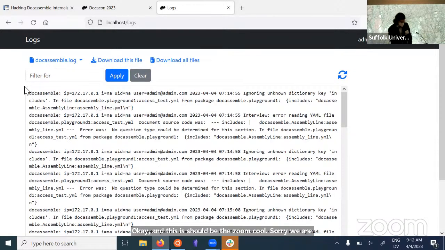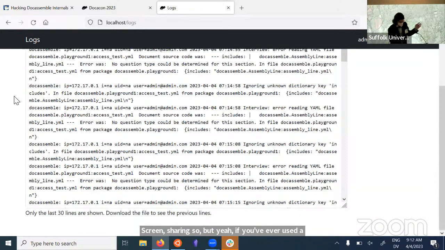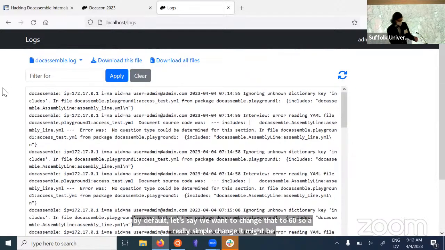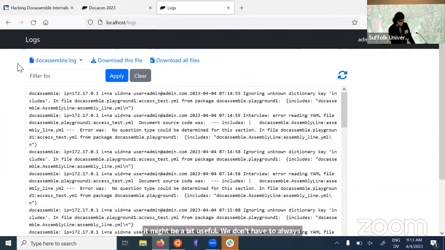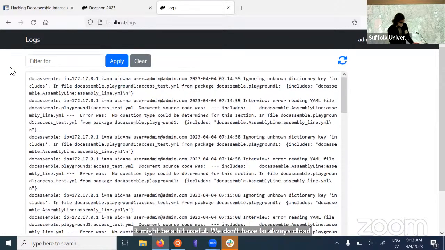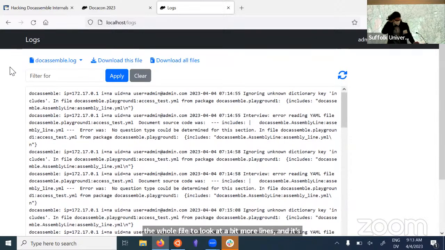But yeah, if you've ever used a docassemble server, you've probably looked at the logs before. Let's say it shows the last 30 lines by default, and we want to change that to 60. So a really simple change. It might be a bit useful. We don't have to always download the whole file to look at a few more lines. It's pretty straightforward. But first off, we have to actually figure out where in docassemble to make this